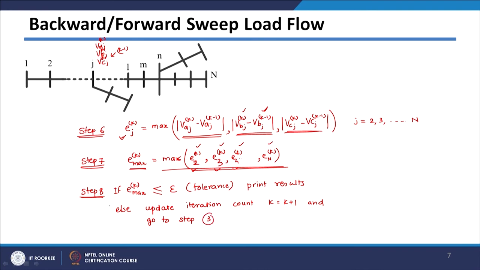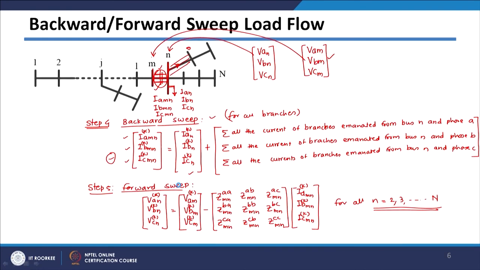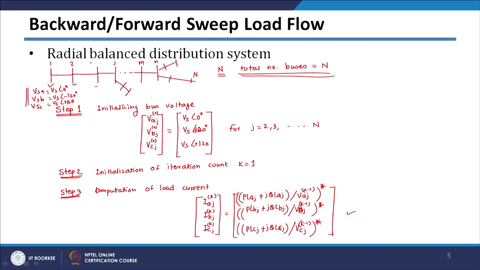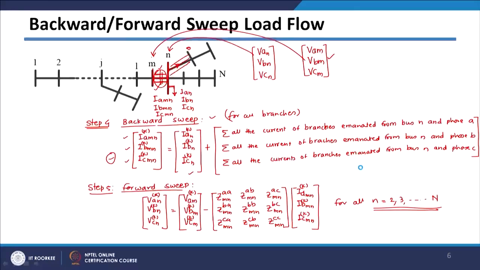So, if this error is more than your tolerance value, you have to go to step number 3, whereby using the voltages of earlier step you have to get the currents, and from the load currents, you have to get the branch currents using the backward sweep starting from end node and moving toward the source node. You will get all the branch currents, and once you get all the branch currents, you can use what is called forward sweep. So, starting from your source node, keep on getting the voltages till your end node by using step number 5, and once you